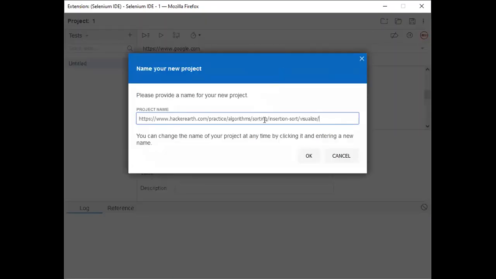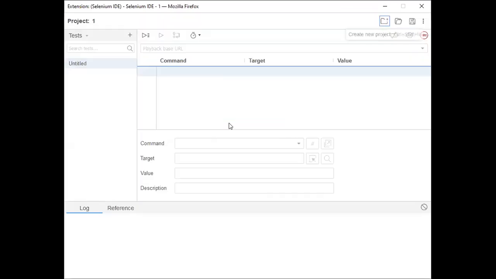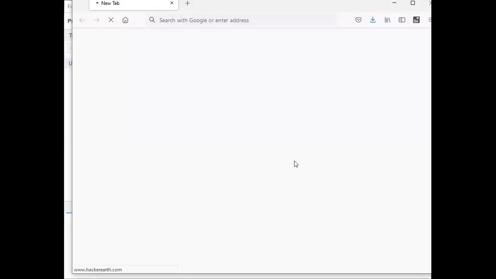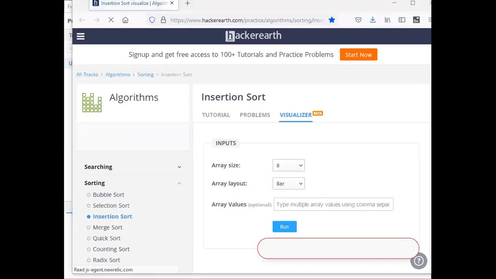So in this example, I will consider a mouse movement here. So start the recording. Whenever we started the recording, it opened the specified one.